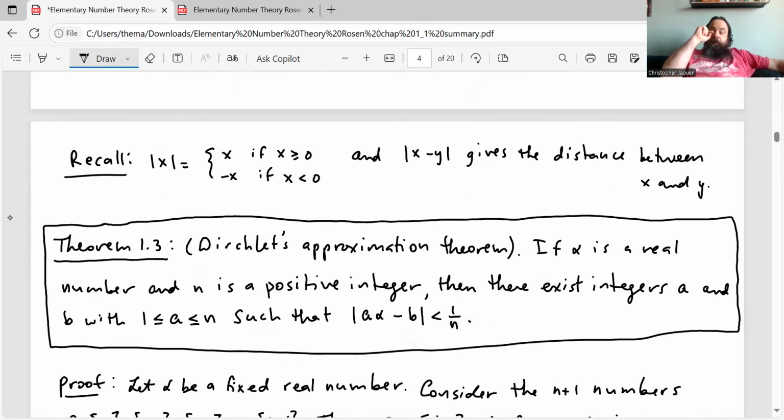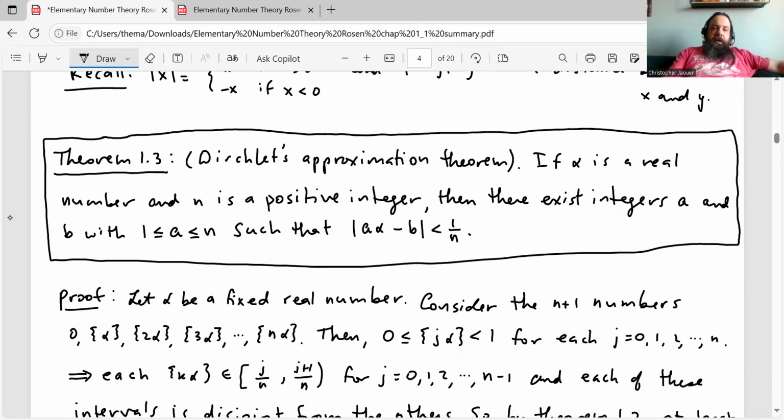Okay, and then he just refreshes our memory here about some definitions. The absolute value of a real number x is defined to be x if x is greater than or equal to 0, or negative x if x is less than 0. And the absolute value of x minus y gives the distance between x and y. Right, and then we get to Dirichlet's approximation theorem, which is theorem 1.3 in the book, which says this: if